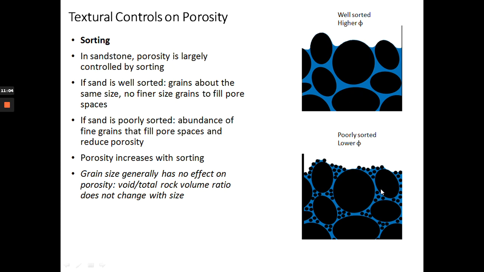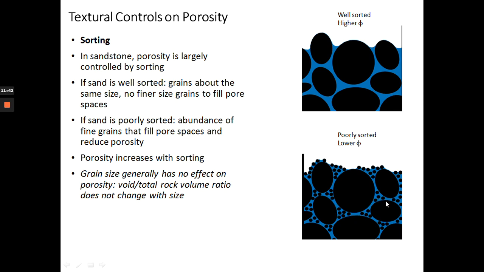So I have two sands here. Okay, let's make it sandstone, the sedimentary rock, easier for me. So you have one sandstone here which is well sorted. It is filled in with a fluid colored blue here, where black material are the grains. Okay, so this is porosity, right? And below is another sandstone which is poorly sorted. Now you have these finer particles in between the larger grains, and it's infilling the pore